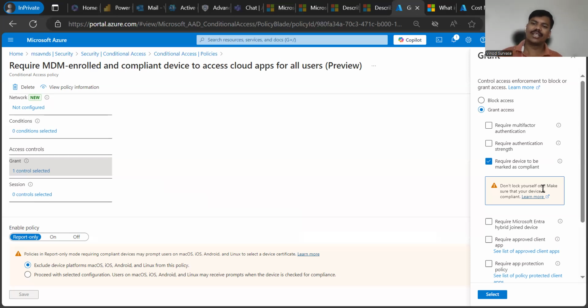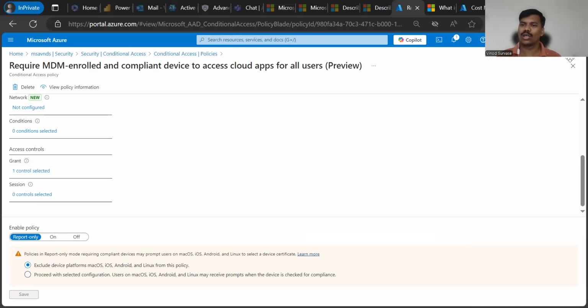So this policy is going to kick out that access as well as applications when people are accessing any of those cloud applications from their personal devices, right? So this is also important to know, to set the right set of expectations and make sure we understand its consequences, right? So now I have set it as report only, so it is not going to make any